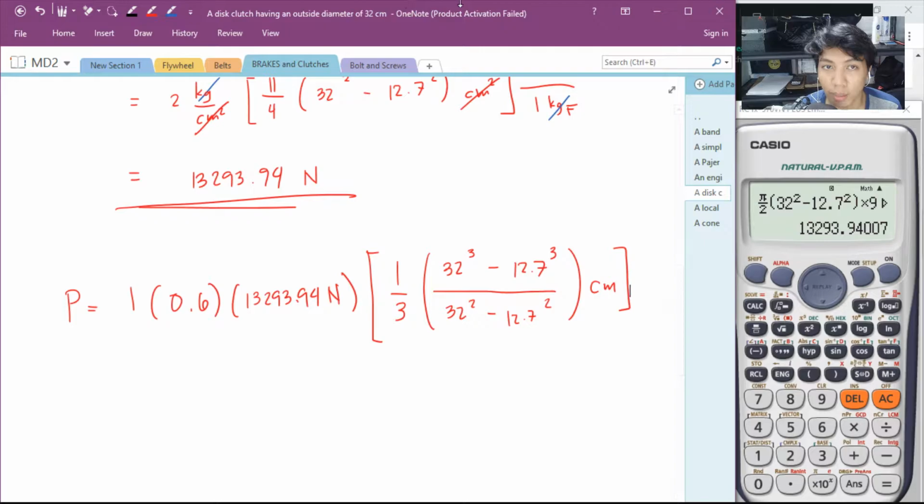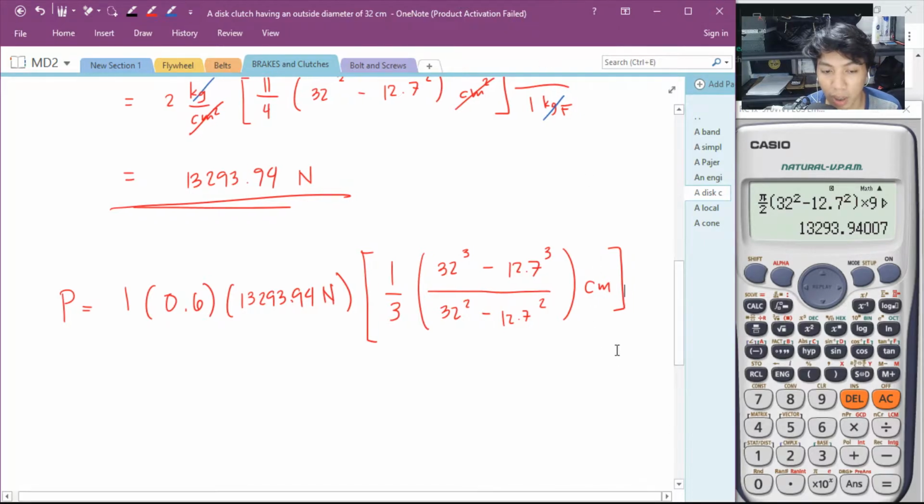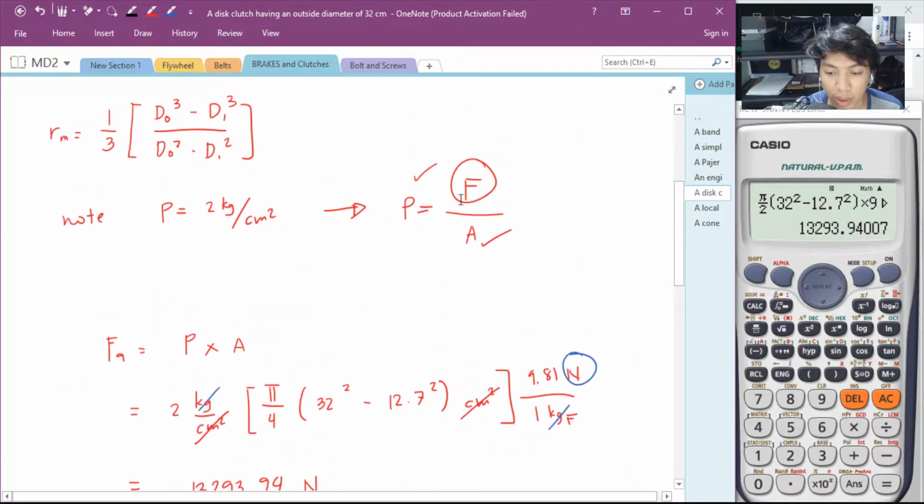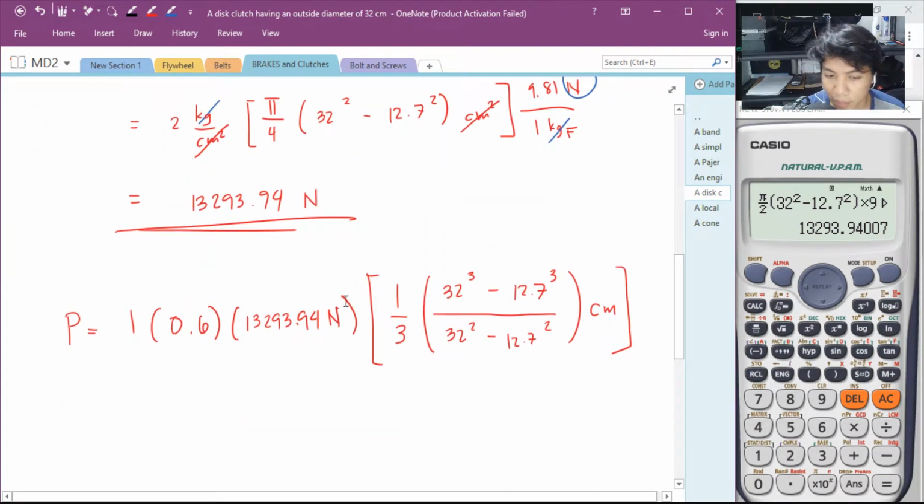And then, we multiply it with RPM. Ano ba yung RPM na binigay sa'yo dyan? Okay. Ilan? 750 ata, kung di ako nagkakamali. 750 RPM. Multiply to 750